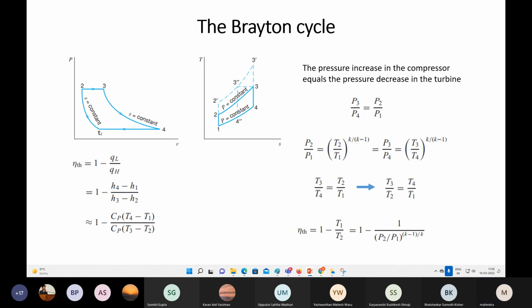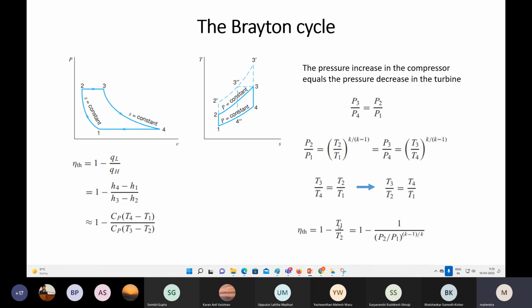Then here, if you see the pressure ratio, because this is a constant pressure process and this is a constant pressure process, in between these two constant pressure lines the isentropic compression process and isentropic expansion process are happening. That means the pressure ratios P2 to P1 and P3 to P4 are both the same. That assumption we are taking, and based upon the adiabatic process we derived in our previous classes, the pressure and temperature relation is this. Those we are using, and